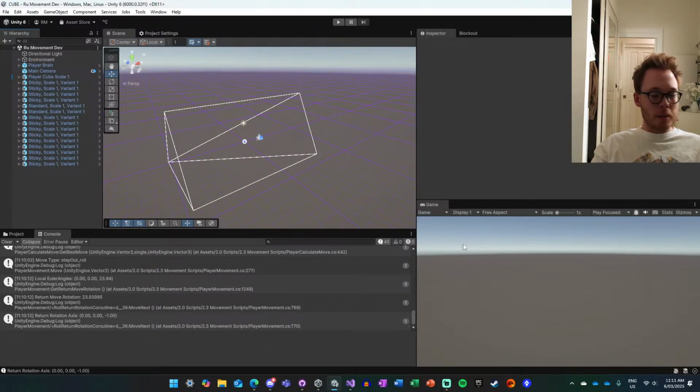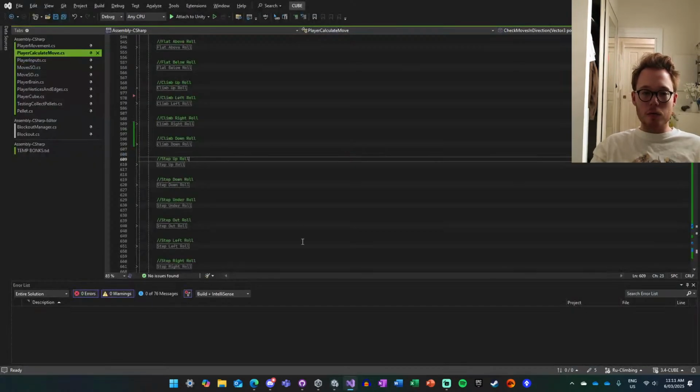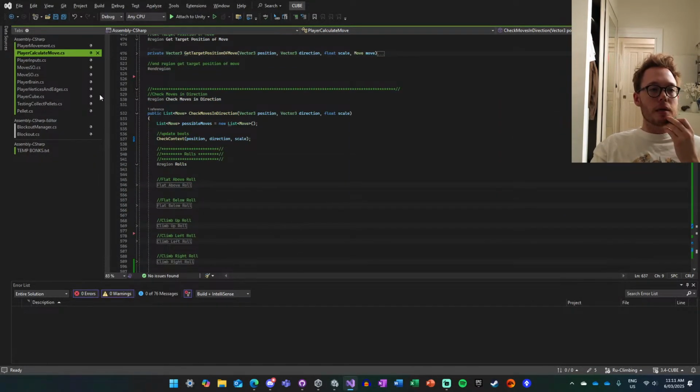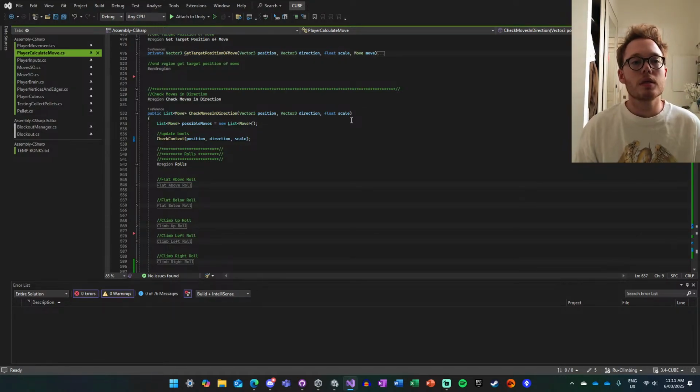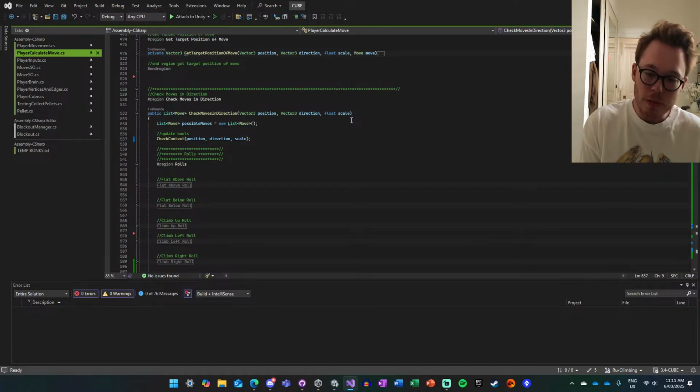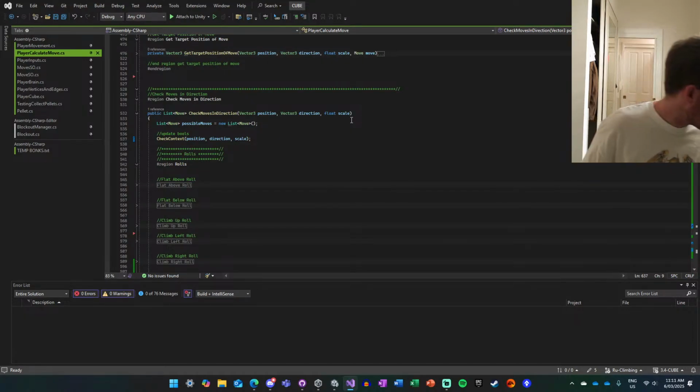Anyway, so yes, the next thing that I want to look at is implementing sticky movement. And the way we're going to do that is, there's a couple ways we can go about it. What I'm thinking the main way is that